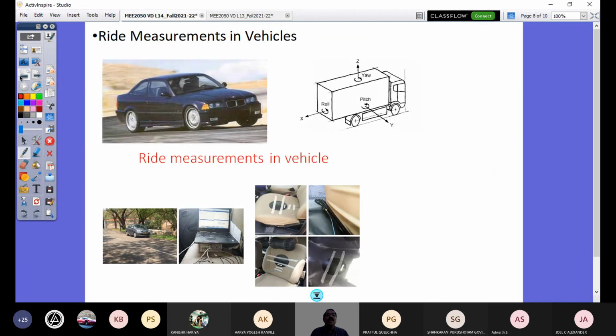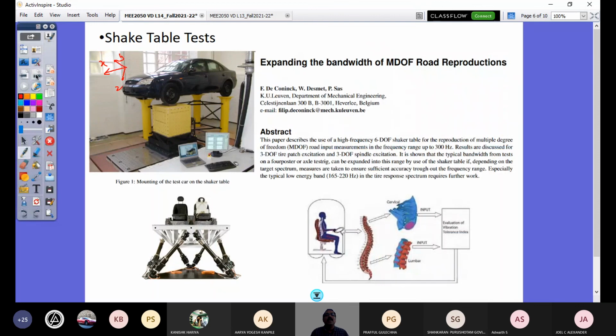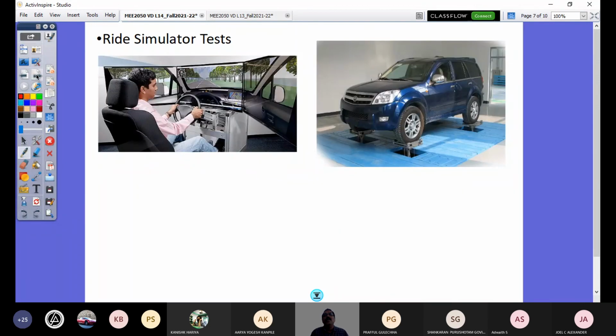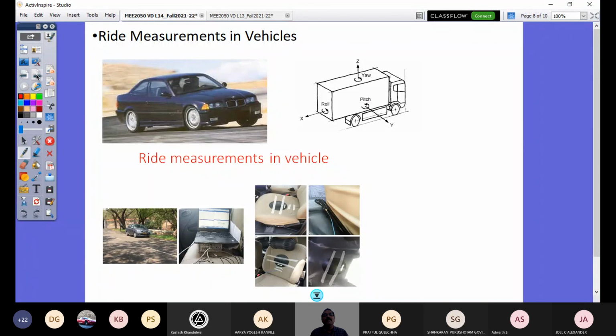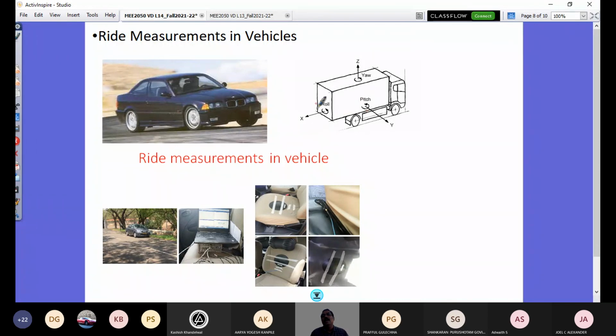And this is not sufficient. However, this shaker test or ride simulator test is not taking your vehicle in a real-time situation. That's where you require real-time ride measurement in a vehicle to understand, at least, these three important motions: pitch, yaw, and roll of your vehicle body. So your vehicle would be taken on a test track, and different measurements would be done. And you can see that to do whole body vibration measurement in a vehicle, you require such kind of sensors,